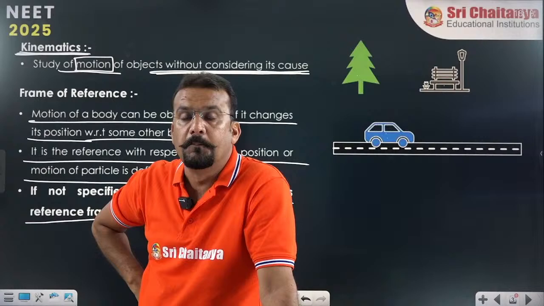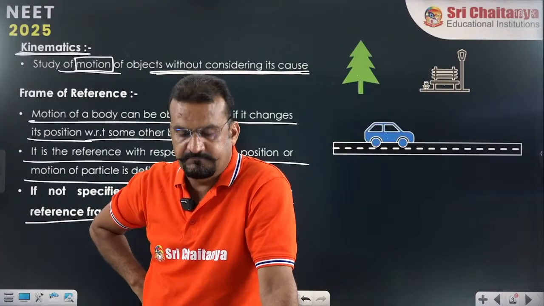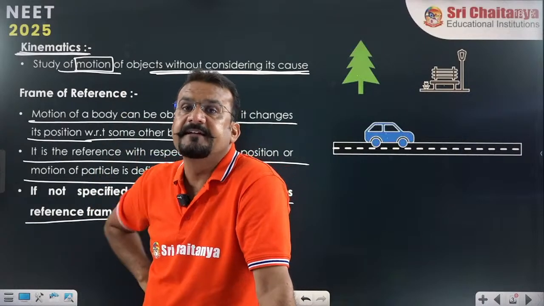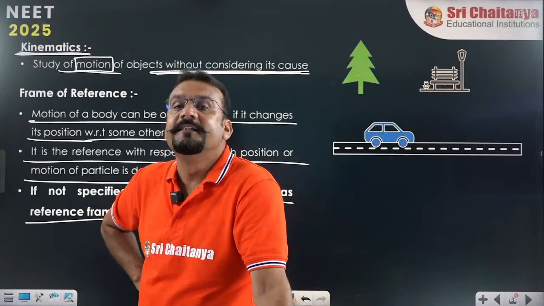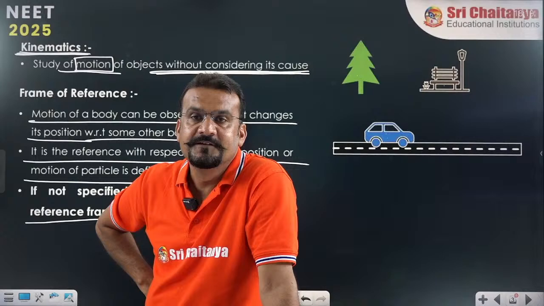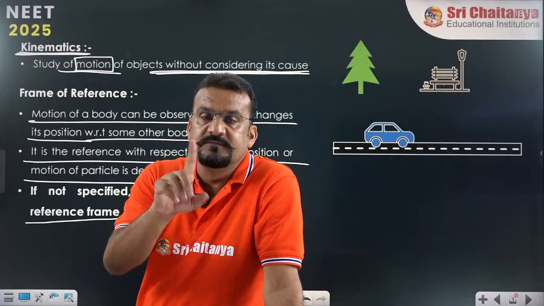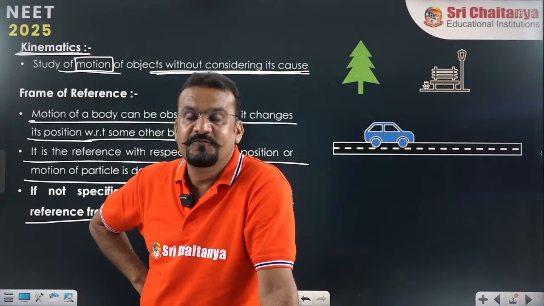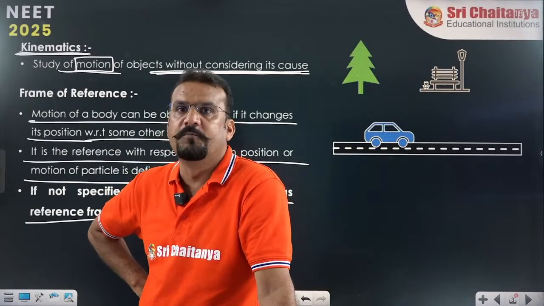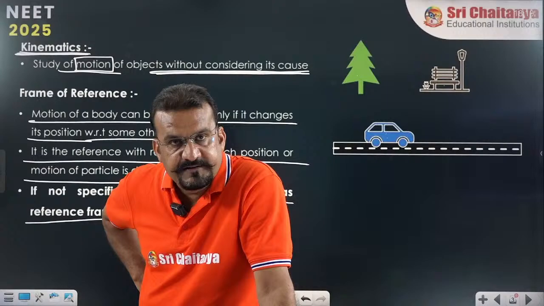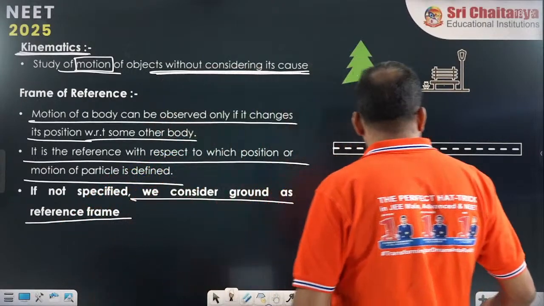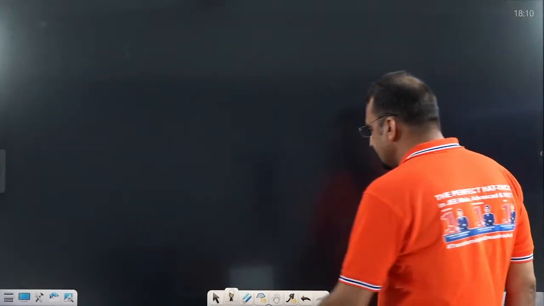But if you are on the ground and some person is at rest in front of you, then he is at rest. But if one person is moving in a car, he is moving. Yes or no? That means with respect to the frame of reference, some quantities are changing. These are called relative terms. So today we are going to discuss, dear student, what is that?